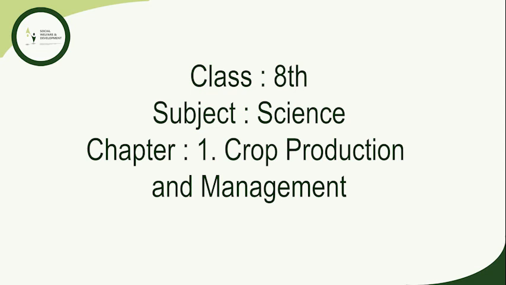So next comes the storage of the harvested crops. Storage of produce is important because if the harvested grains are to be kept for a longer time, they should be kept safe from moisture, insects, rats, and microorganisms. Harvested grains have more moisture. If freshly harvested grains or seeds are stored without drying, they may get spoiled or attacked by organisms, making them unfit for use or for germination. Hence, before storing them, the grains are properly dried in the sun to reduce the moisture in them. This prevents the attack by insects, pests, bacteria, and fungi.